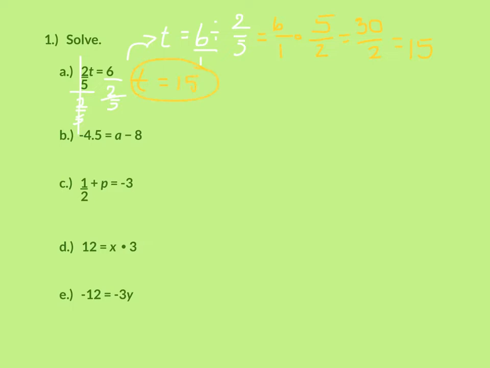There's the first one. Next, okay, so this is a subtraction problem, and we now always ask ourselves, what's the opposite? The opposite of -8, of course, is +8. And we do that on both sides of our equation. These cancel, so that means I'm going to have a equals -4.5